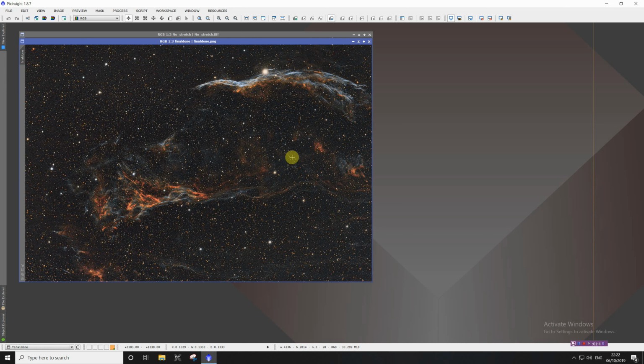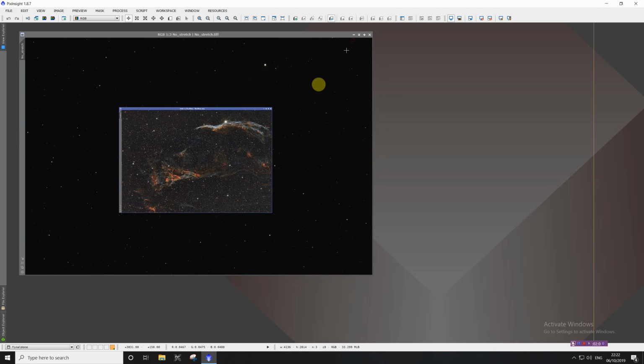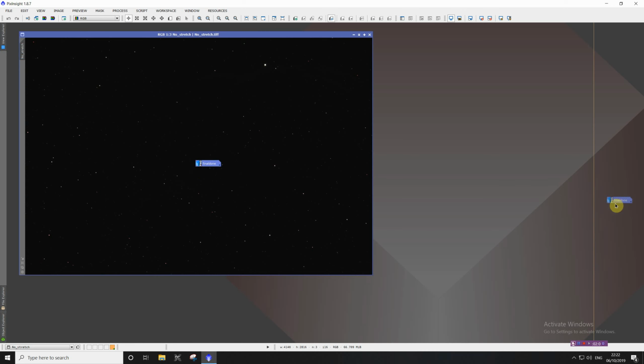This image that you can see, some of you will have seen already. I've posted it recently. This is the Western Veil and the Pickering's Triangle, which is part of the Cygnus Loop, which is a supernova remnant. So what I will do, this is obviously the fully processed image, and this here